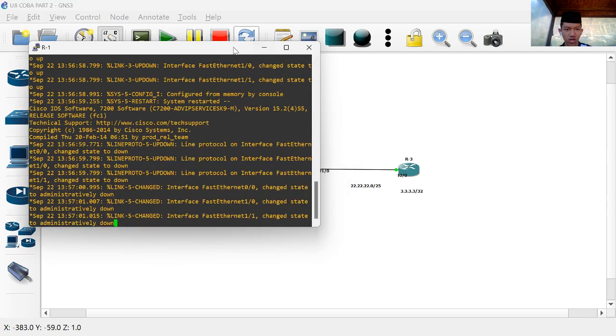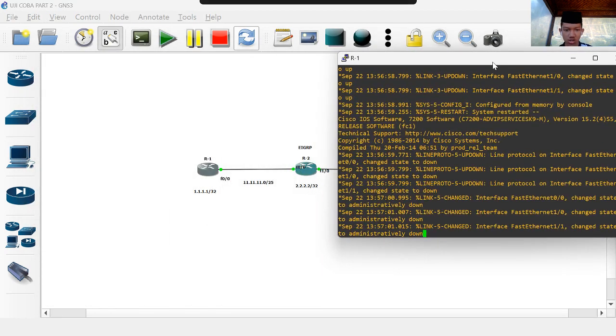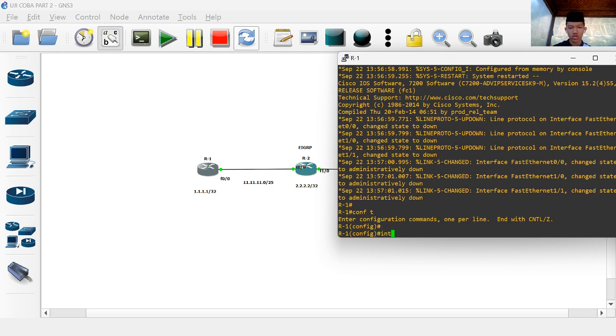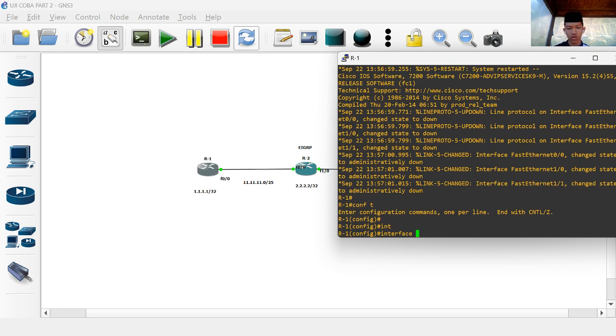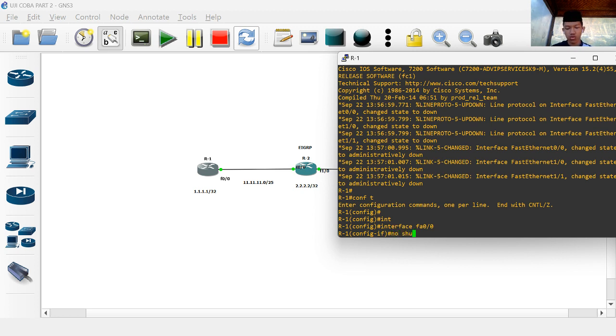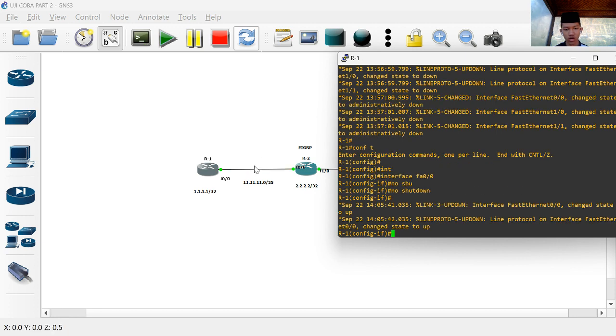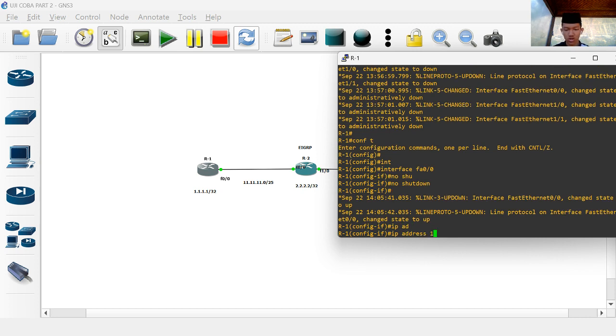So let's start to configure the IP address on router 1. Enter configure terminal. The first thing is we must input the IP address on router 1, especially on FA0/0. Don't forget to no shutdown to activate the cable, and IP address 11.11.11.